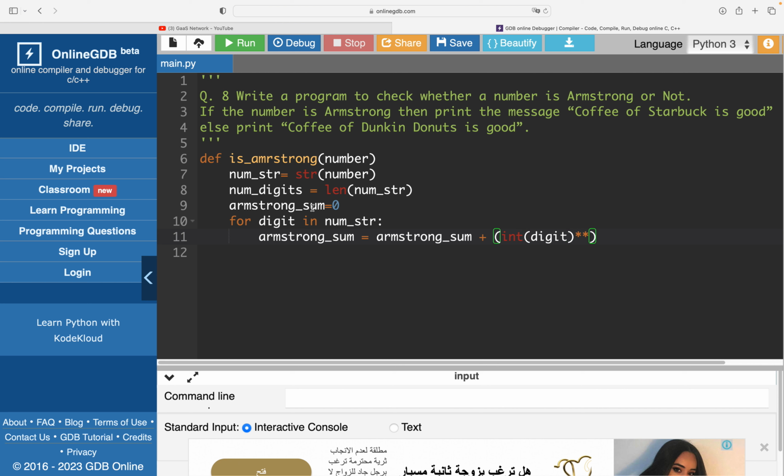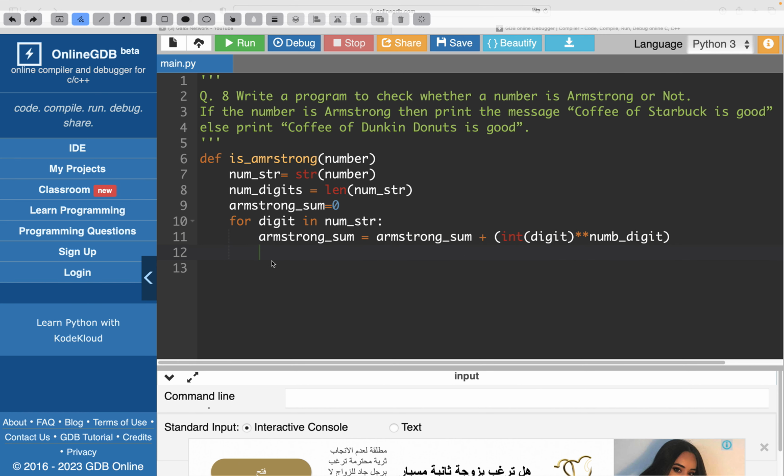So for Armstrong, in the loop you want to pick up every single digit and add to it after raising the power of the digit to what? To the number digit, right? So number digit is the total length, by the way. And then it's going to continue. That's it. The whole formula of finding an Armstrong is on this one line. How? So let's say if I pass here